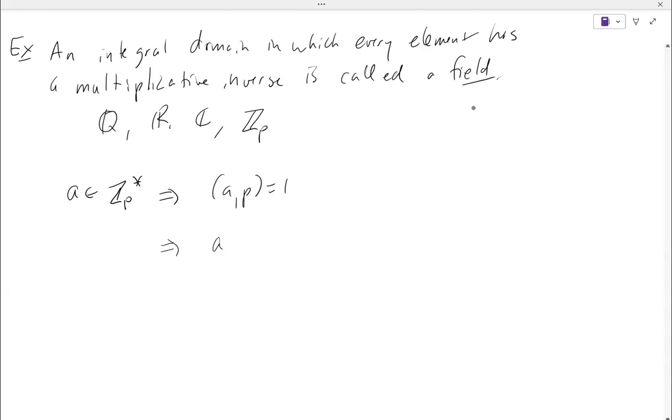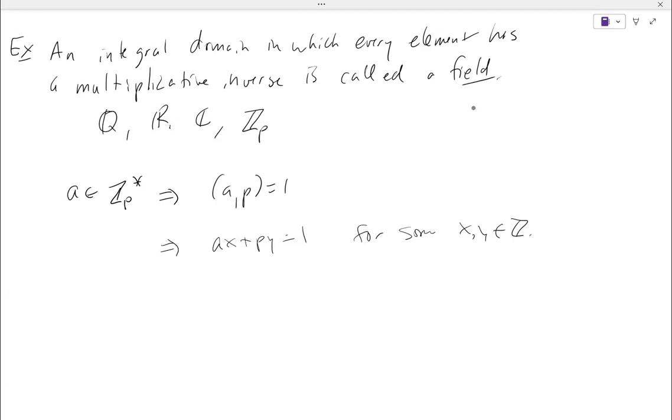A linear combination, good. I can always write the GCD as a linear combination of the two numbers. And now if we reduce everything mod P, or think about dividing everything by P, if you will, and looking at the remainder, that second term in there,